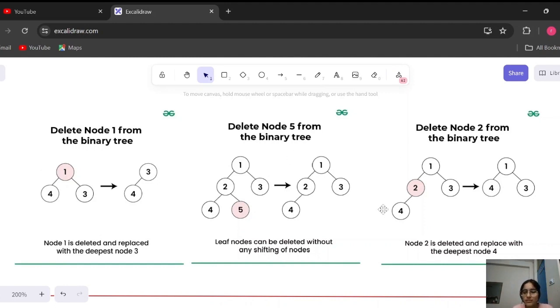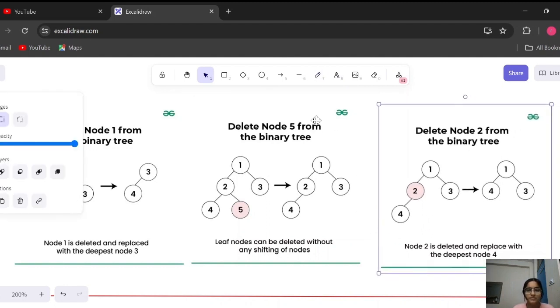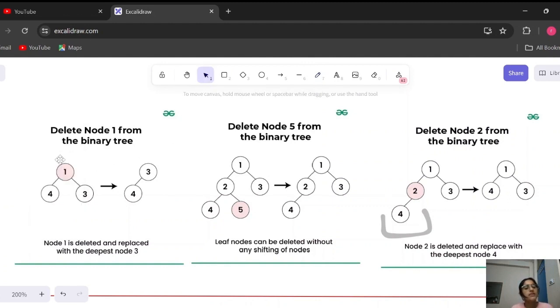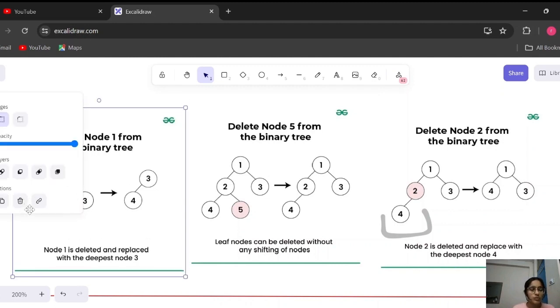For example, in this one, this is the deepest node. 4 is the deepest node over here. So now we'll delete that node and we'll replace it with the deepest node. So now if I want to delete 1 from the binary tree, we'll take this and delete this, and then we'll take the deepest. And for example, if there are 2,